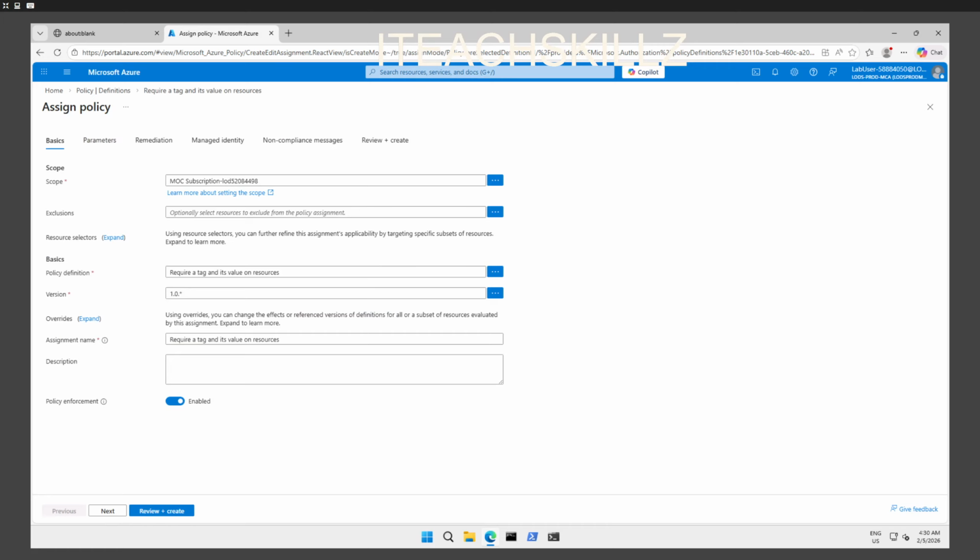Now we have option to choose how we want to assign the policy and what is that gonna mean for us. So the first thing is first, the subscription is selected. That's our scope. We can change that. And then the resource group, actually, yeah, we have everything selected by default. We didn't change anything else, so we're gonna continue until we get to